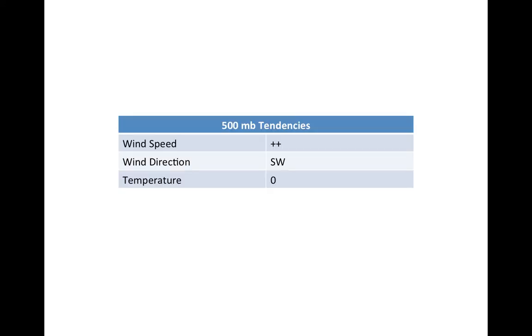For my 500 millibar forecast, I forecasted the wind speed to rapidly increase as this ridge passage comes over us. Right after the ridge passage, you can expect that supergeostrophic flow and the overall divergence from the trough to ridge relationship greatly strengthen our wind speed, and I expect the winds to turn to the southwest after that passage,